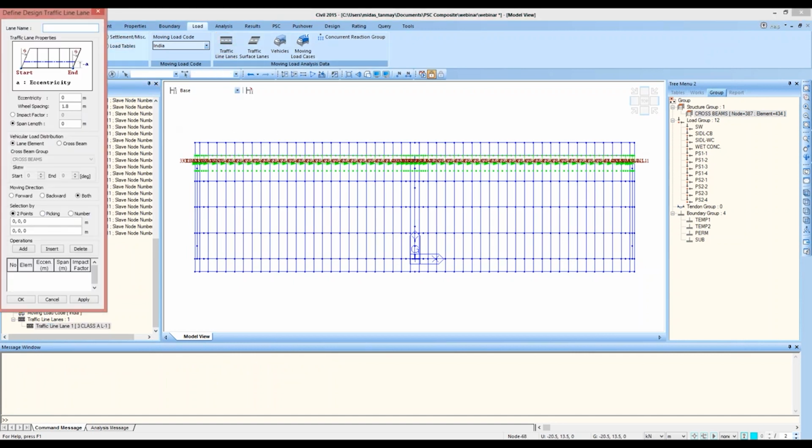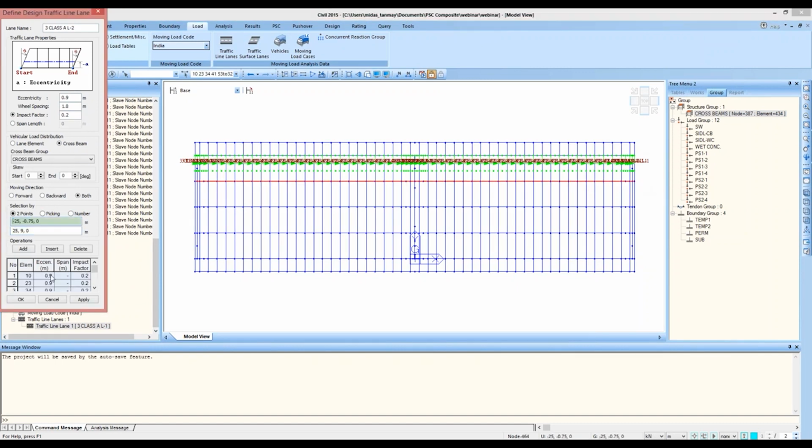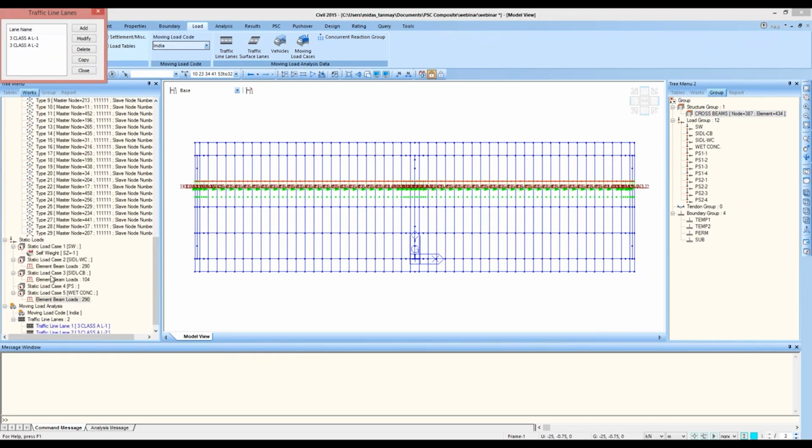So add 3 class A lane 2, the eccentricity as 0.9 meters and the impact factor as 0.2, cross beams and 2 points. I'll select this girder and this point and OK. The second lane is created.